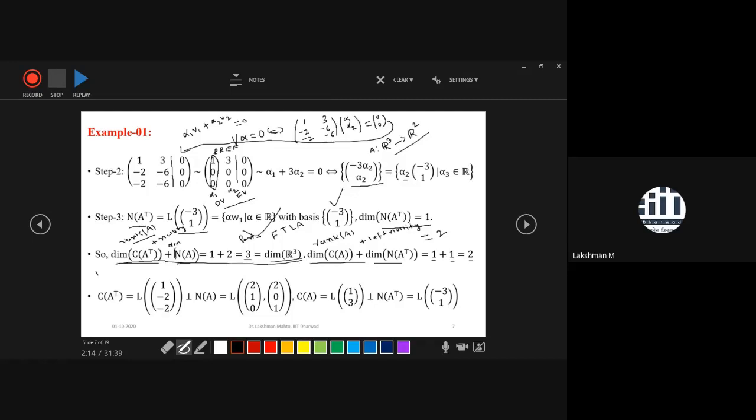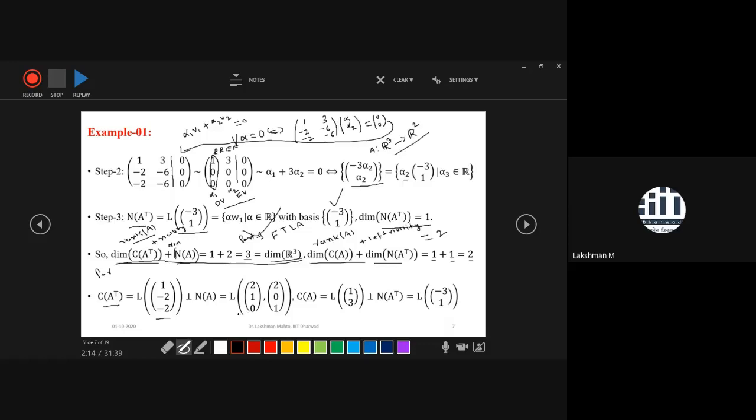What is part two? We will see the relation between the row space and null space of A. So part two is here. You can easily see what you observe here: the row space of A is a linear combination of a single vector, simply a scalar multiplication of the vector (1, -2, 2). And the null space is a linear combination of these two vectors, (2, 1, 0) and (-2, 0, 1).